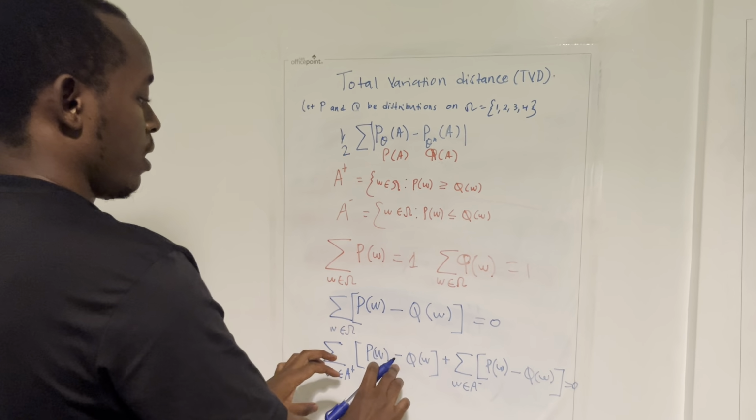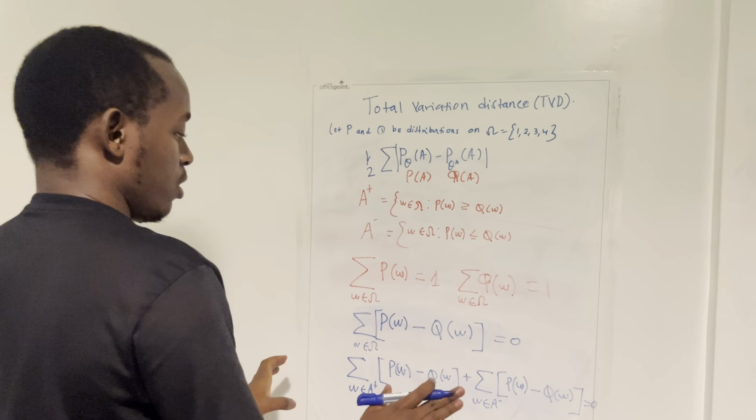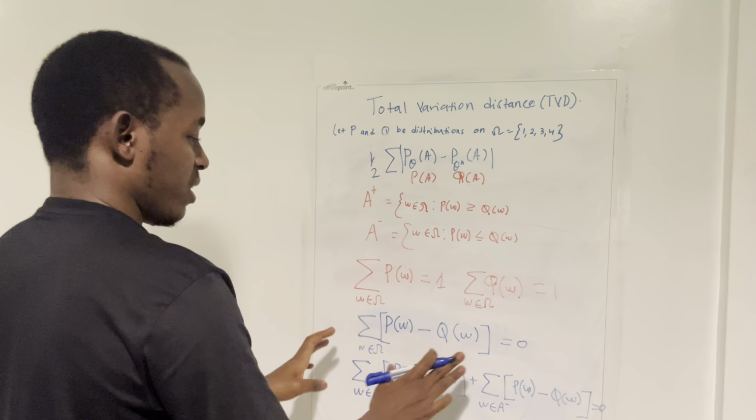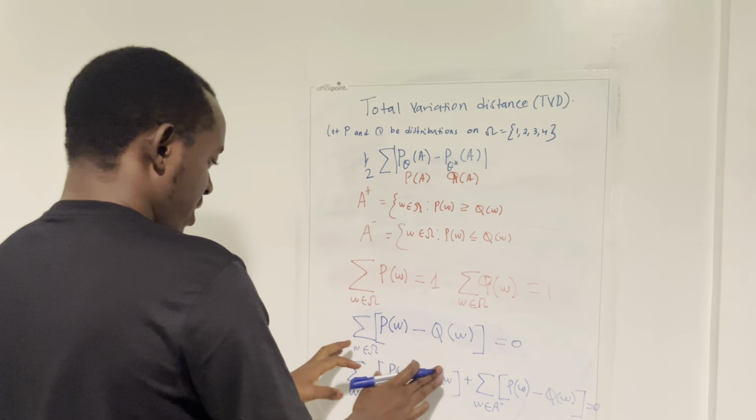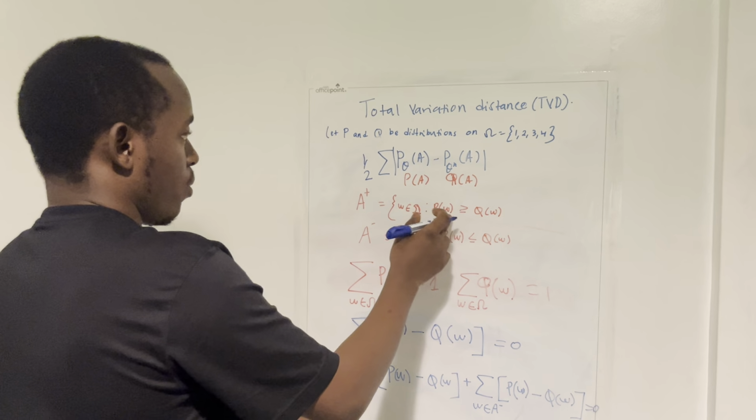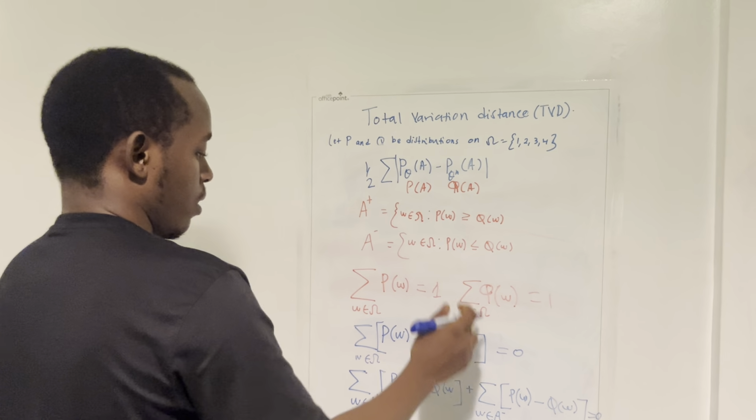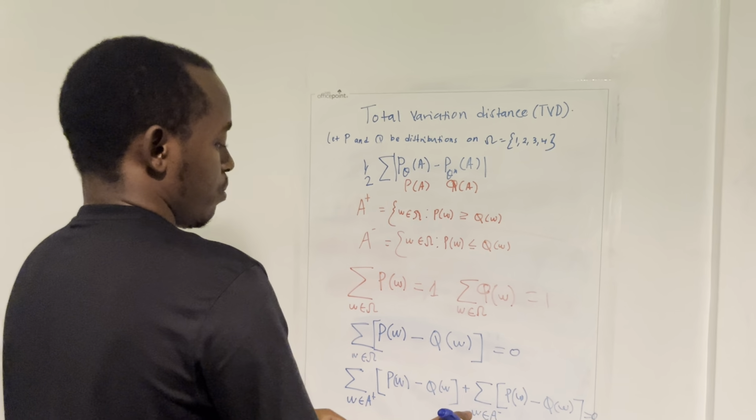So basically, we have just split them into the ones where P is greater than Q, and the ones where Q is greater than P,